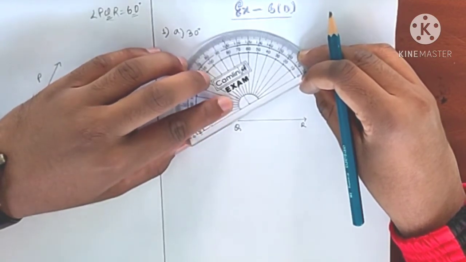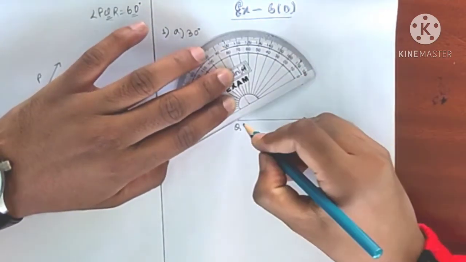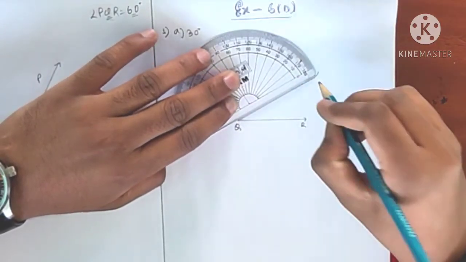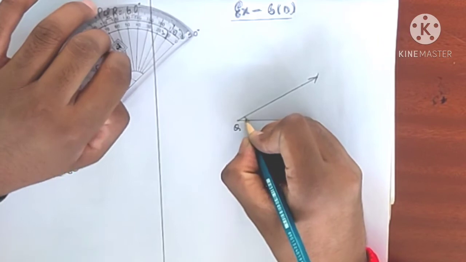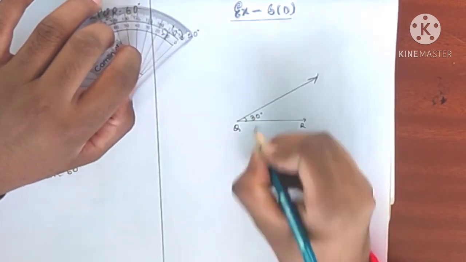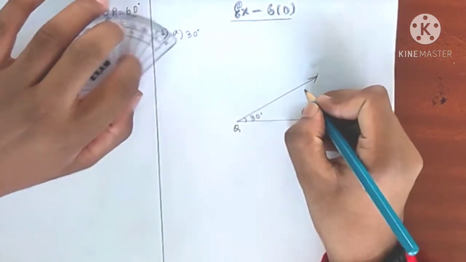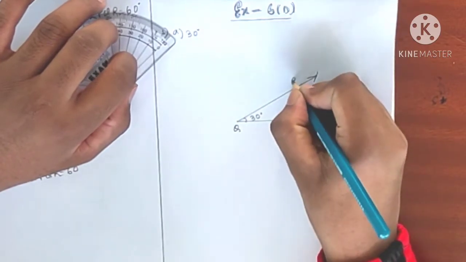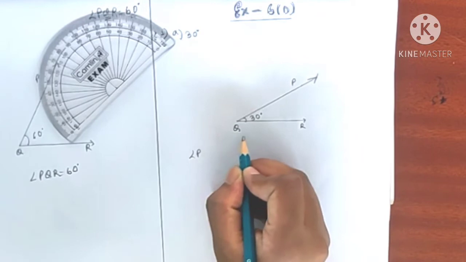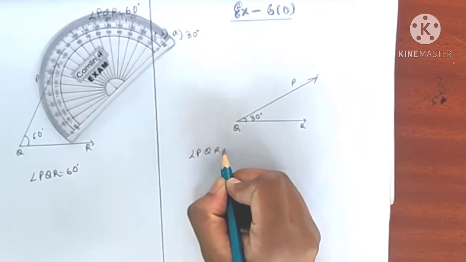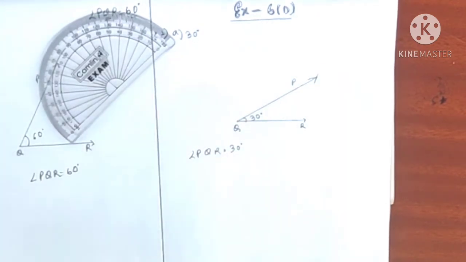And after matching, we will get our angle. As we have just matched it here, you see this point. It is angle Q, and we can give any name, R, Q. We can give here P. So here, what we will get? Angle PQR is equal to 30 degrees. Okay, so I hope you got question number A.